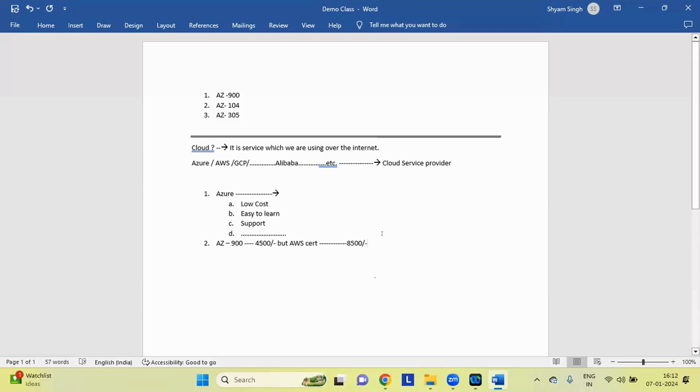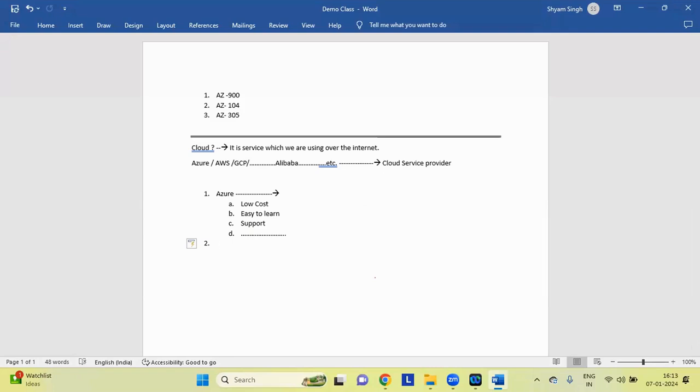Not only in this, in services also the cost is lower. Suppose you are using a virtual machine of Azure, in a simple configuration, it will cost you for a month a maximum of 700 to 800 rupees. But in AWS, it will cost you more than 1200. So service cost is also less.